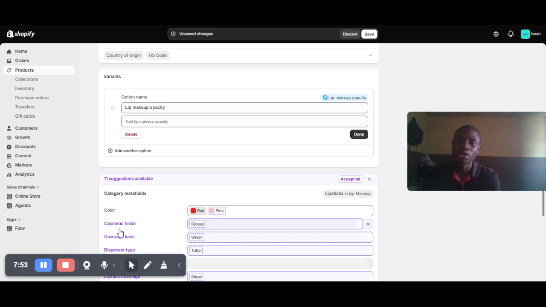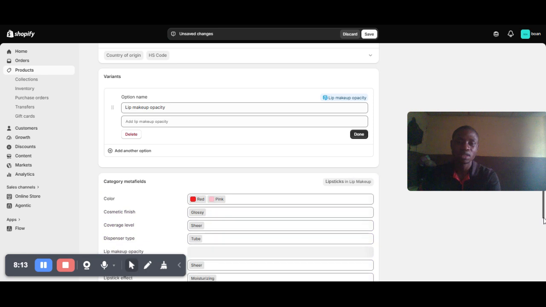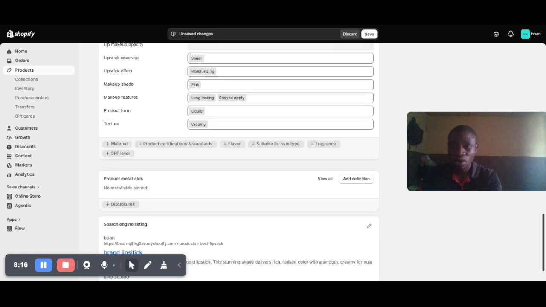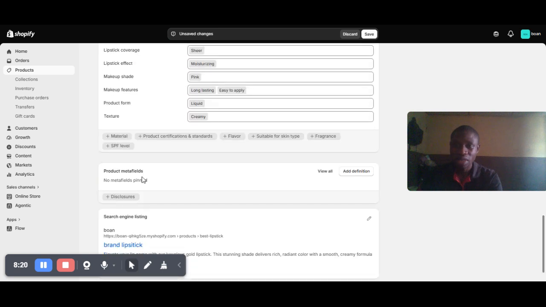Then the next thing is you come to this card, you can see the category metafield, 11 suggestions available. So you can accept it if it is aligned with the level of the product. Maybe you have a cosmetic finish, a level of thing. You just need to accept it. But if it wasn't there, you have to set it the way you want it to be aligned. Then the next thing to come over here is working on this